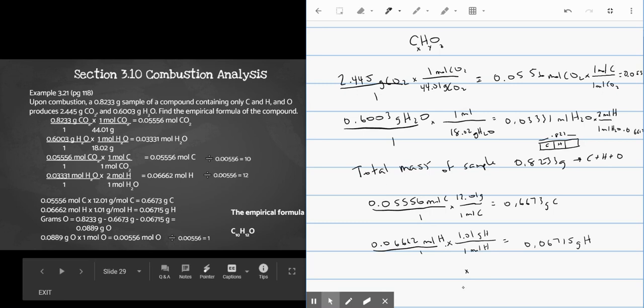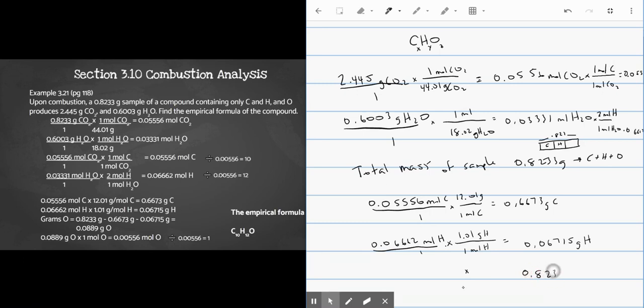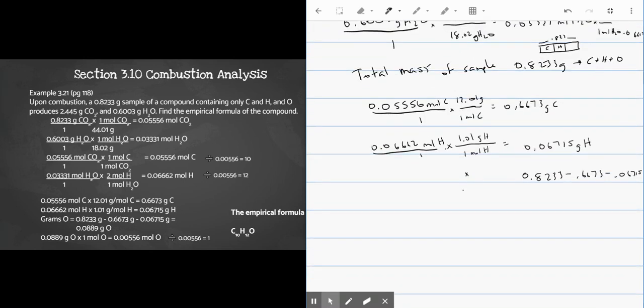So I'm going to take the 0.8233, which is the total mass, minus the mass of carbon, minus the mass of hydrogen, and what's left over, remember, is my mass of oxygen. Let me scroll down a little bit. Okay, so I'm going to get 0.0889 grams of O. Okay, so I'm going to compare my moles of oxygen to my moles of hydrogen to my moles of carbon,